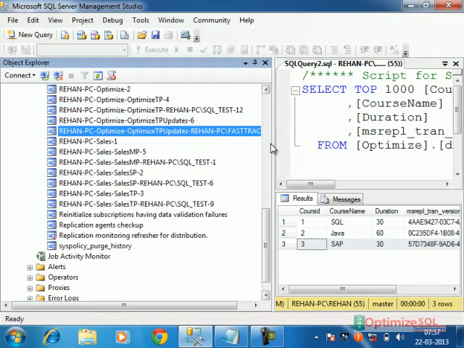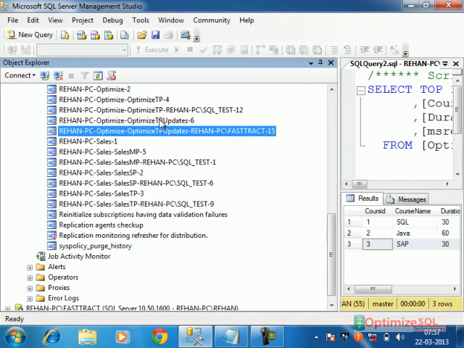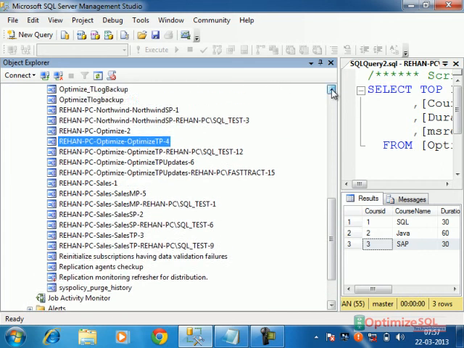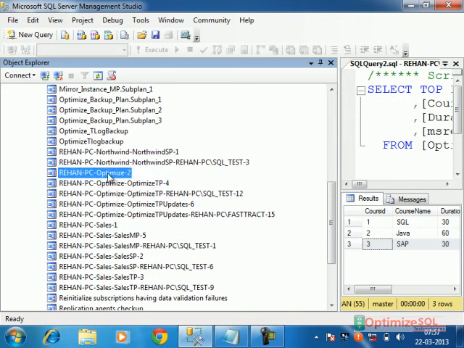The subscriber name is there. TP updates, the subscriber name is there. Which type of agent? Distribution agent. In the same way, the log reader agent, we have already seen, is created only one time per database.